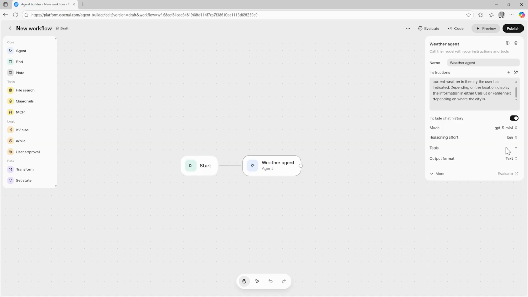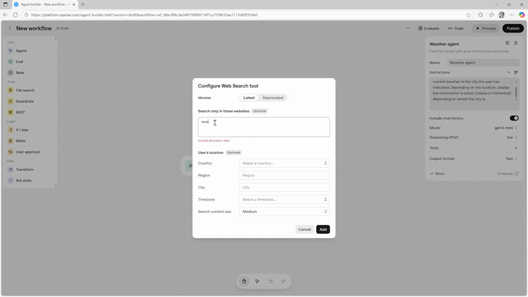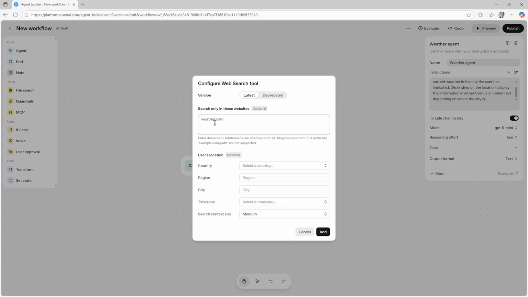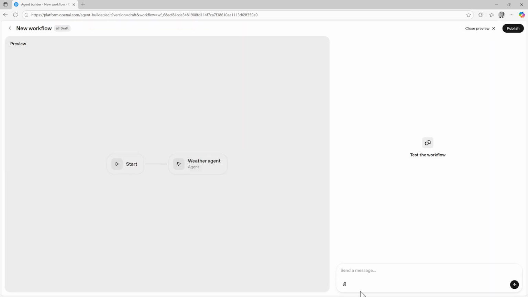it's best to split this into two agents when going for the GPT Nano model. For tools, we can write a function, or if we don't want to write any code in here, do a simple web search. We can limit the websites to search, and in our case, just whitelist weather.com, which should be sufficient to get the current weather. Let's leave the output format to text at first and run a preview to see if our agent is producing any information.